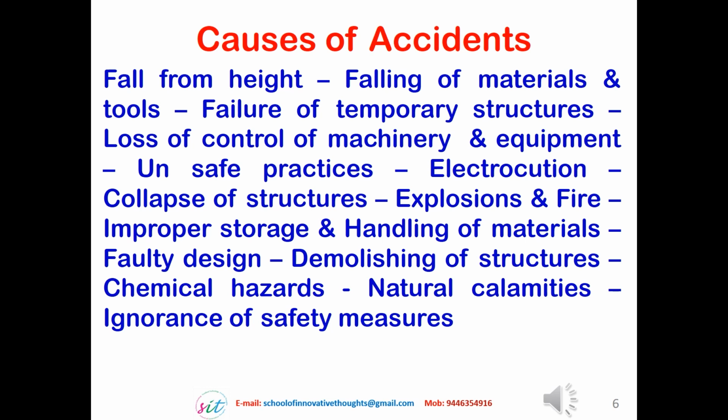Then another cause is chemical hazards. In major projects, we stock many chemicals which are hazardous. If they are not handled properly or if they are not stored properly, that can lead to chemical hazards. Yet another reason is natural calamities. We have some limitations in containing natural calamities because we cannot predict many of them, like earthquakes and so on. However, we can take precautions with regard to tsunami, cyclone and so on. So to a certain extent, if we take preventive measures or precautions, we can mitigate the effect of natural calamities.